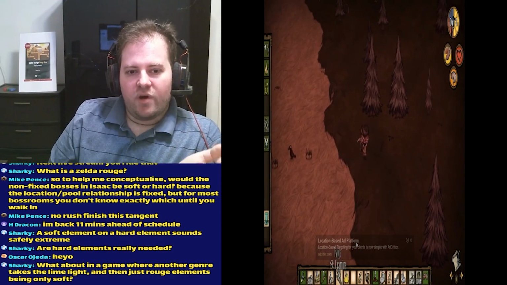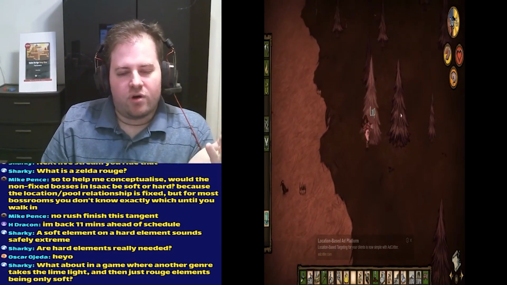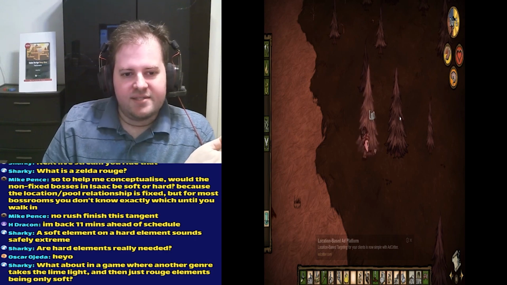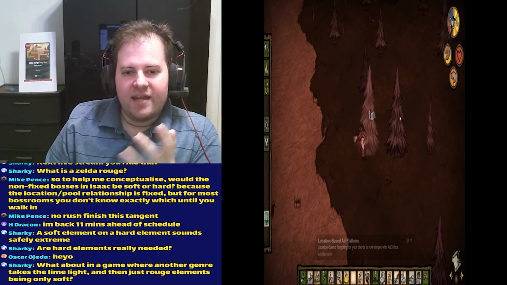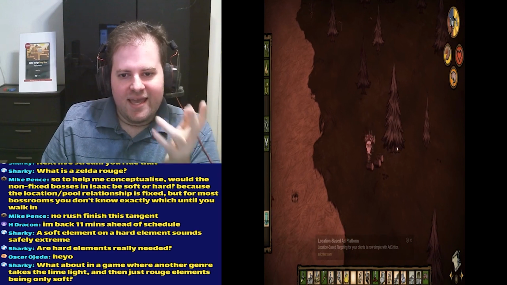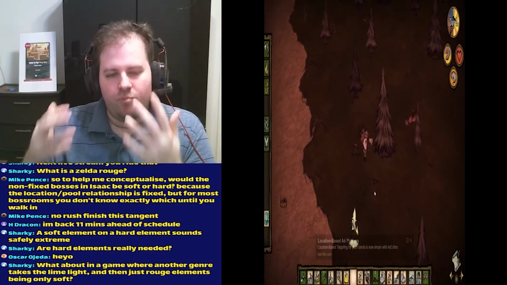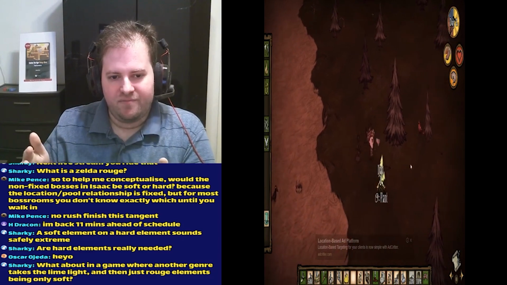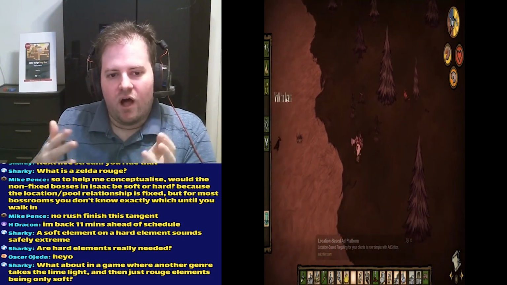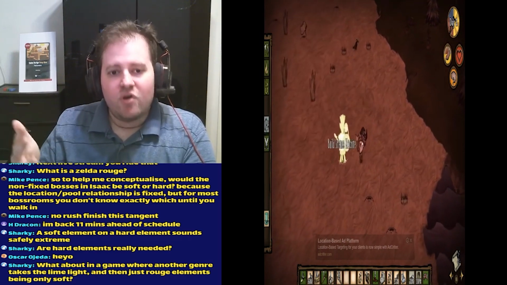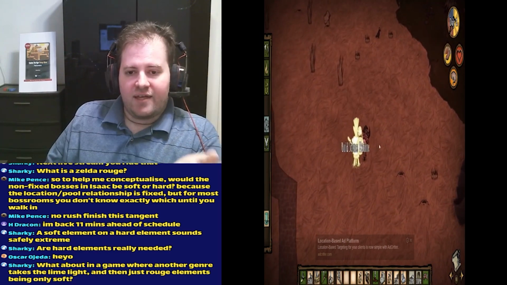A major point about adding in more content, whether it's soft or hard, is that once you add in a new hard element, it gives you more room for more soft elements. And this is why a lot of roguelikes will just keep adding in more supplemental content, because it adds more value to that game.